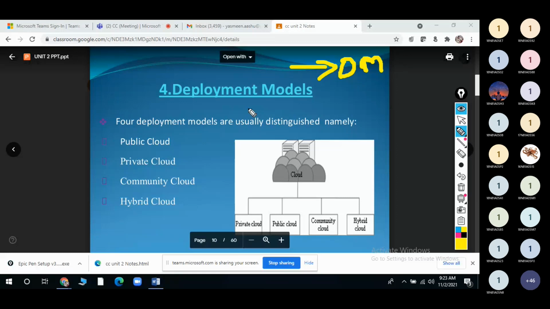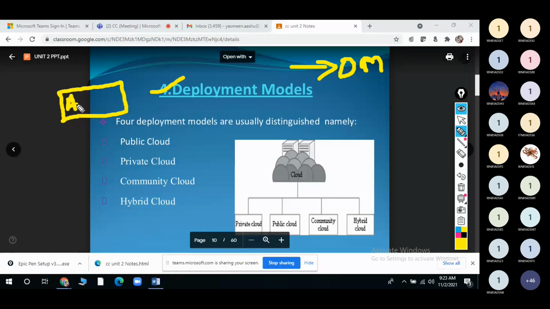Here, whatever different projects we are going to develop, first of all, what will this deployment model be doing? It will be setting up one application for the developer.